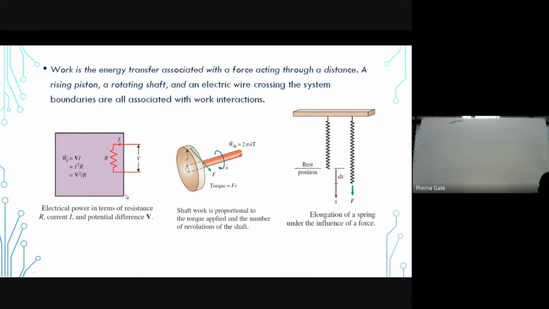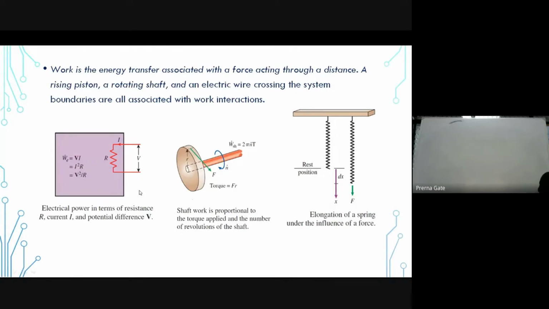On the screen in diagram number 1, you can see that there is no motion associated. But if I connect this electrical system with a motor, then there will be a rising of a weight. So it is electrical work. In the second figure, you can see shaft work. If I attach some load to it and rotate it, then it will lift that weight. So it accommodates the previous definition that work is said to be done when applied force produces displacement in the direction of force.